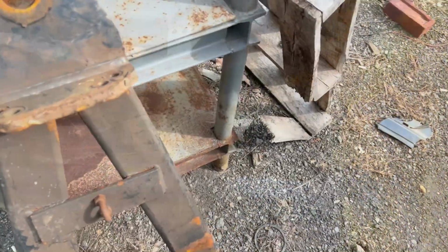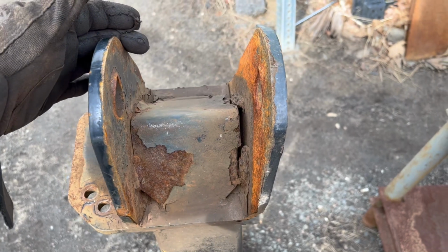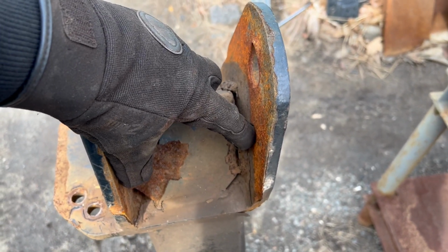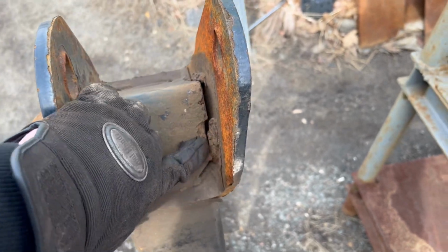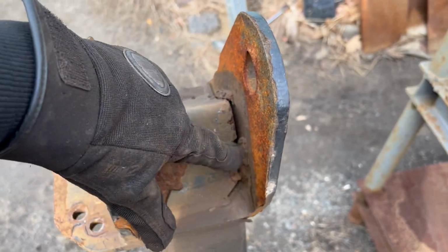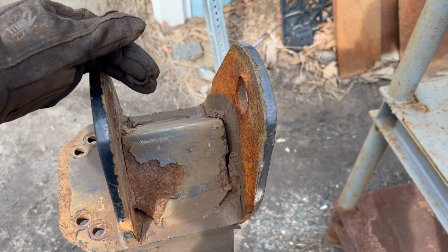So this is the old one. You can see what I'm talking about, how it bends it out like that and it just breaks that off. I was gonna try to weld a piece of thicker steel in here, like right in there, but it actually takes up the space and it doesn't really want to fit. So I kind of scrapped that idea and I just went with a bolt. I think the bolt will actually do a lot better